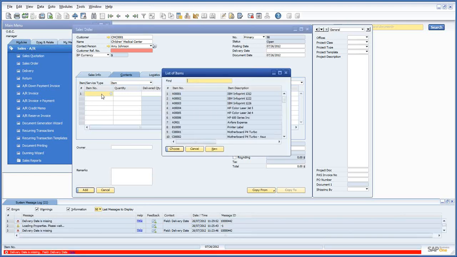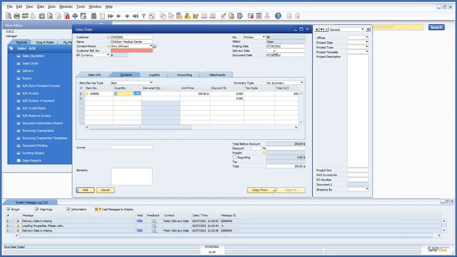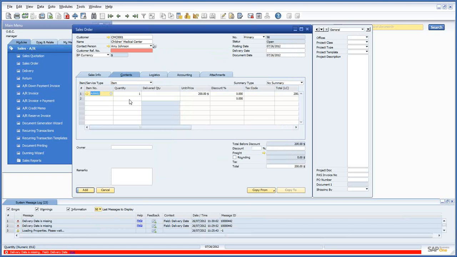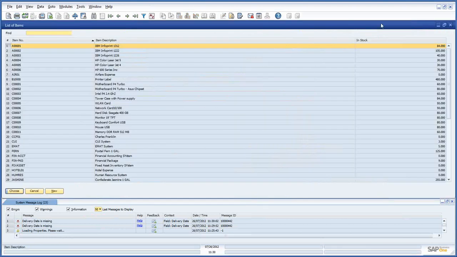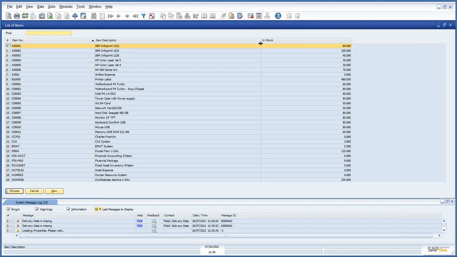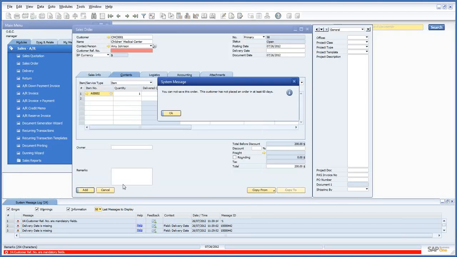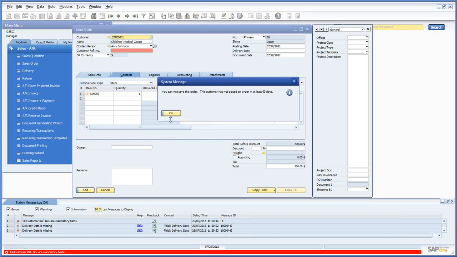And now, let's just put some items in here. And I've got to get the delivery date. All right, let's get something else. Okay, so that's what happens. It says you can't save the order. Customer's not placed an order in at least 60 days. Okay, but if I were to change the customer,